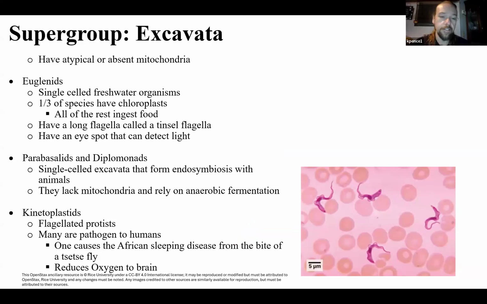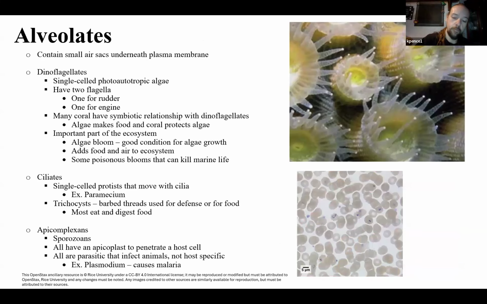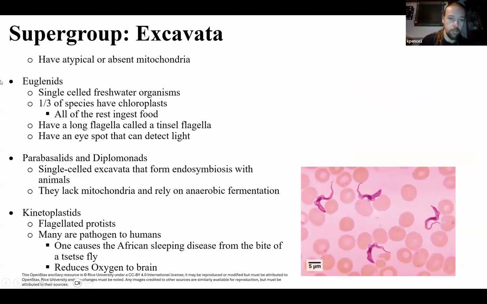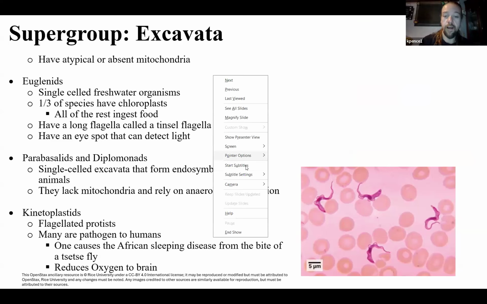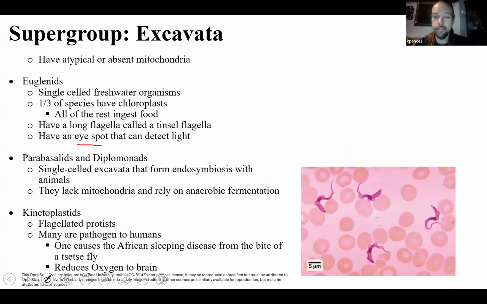What's interesting about these guys is they go through photosynthesis, so they need to be around sunlight, and they have a kind of primitive eye. It's called an eye spot. This eye spot can pick up light. So if it's in a dark area and all of a sudden it can sense light, it can go towards that light source, and that's going to increase its photosynthetic rate, make it better at photosynthesis. We'll skip those middle two and we'll jump to the kinetoplastids.